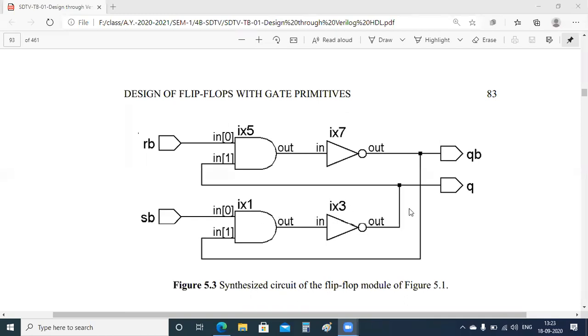So what are the inputs for this NAND gate? SB is one input and QB, the QB that we get there, is the other input. And what are the inputs for this NAND gate? One is Q. The other one is RB. Okay, so finally we get these outputs.